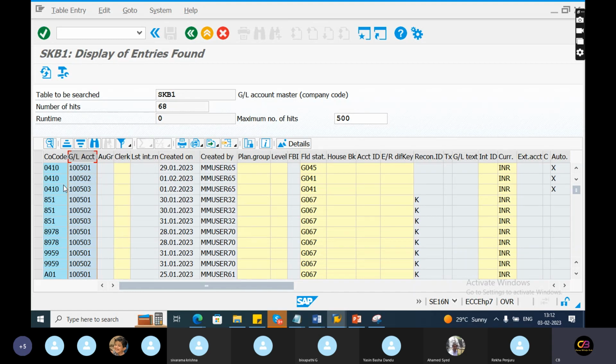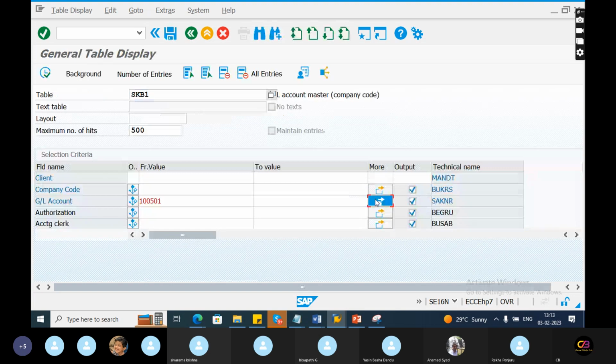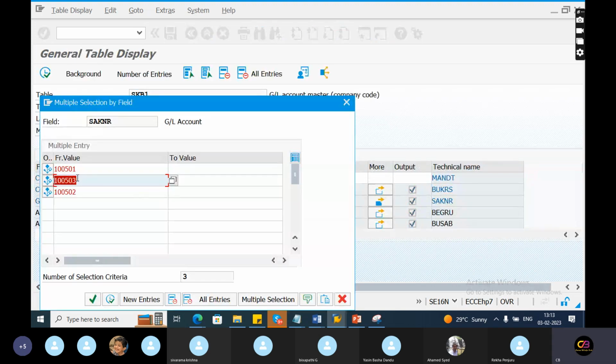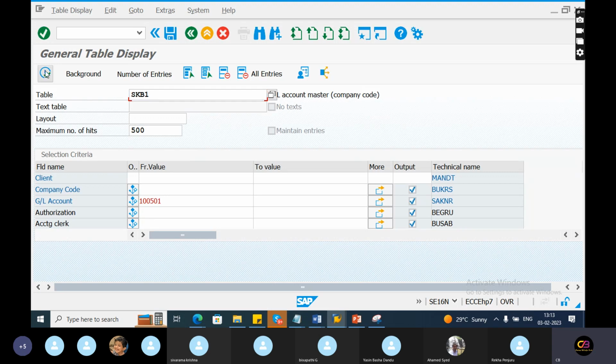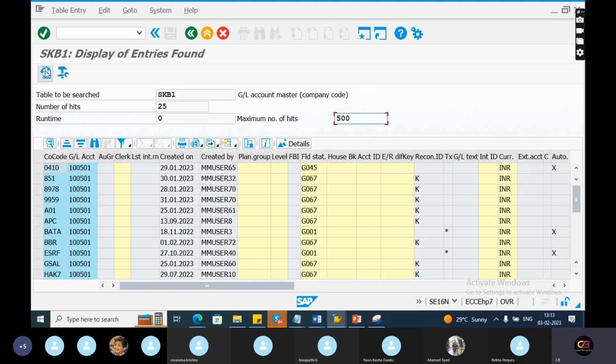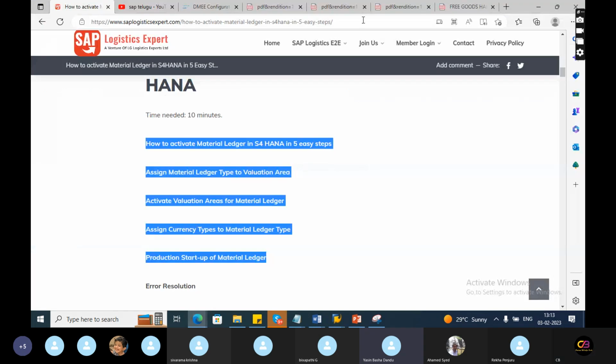But how do I know which one is a GRIR clearing account? See, let's say I will segregate this. I'm removing all this stuff. I'm just checking only the 501 GL account. See, this GL account is linked with many company codes. One chart of account can be assigned to multiple company codes. Whenever we maintain the group level,